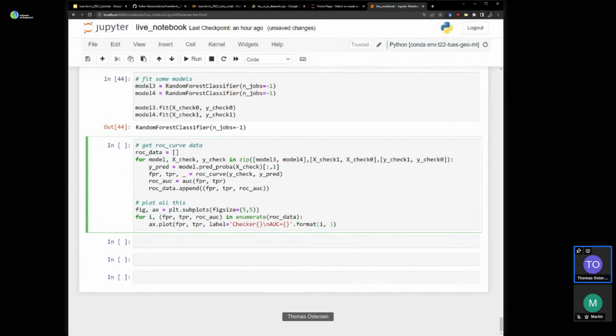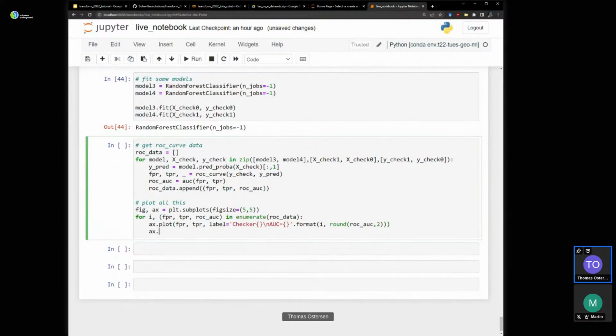Yep. Round AUC, ROC AUC 2. ax plot. What's that? A dash line. Bear with me here, we're nearly there.